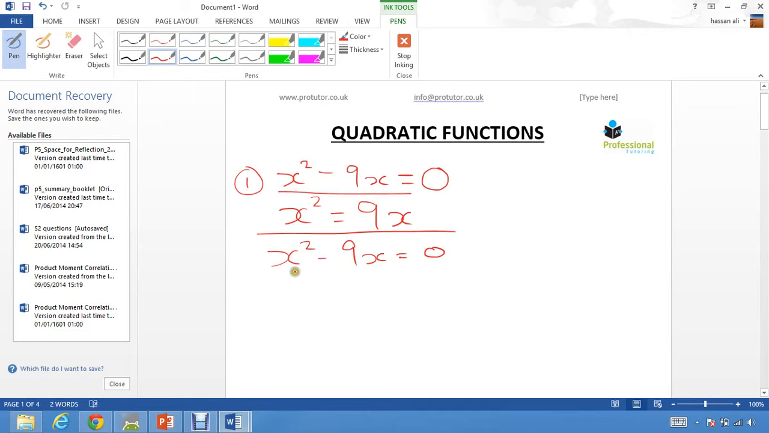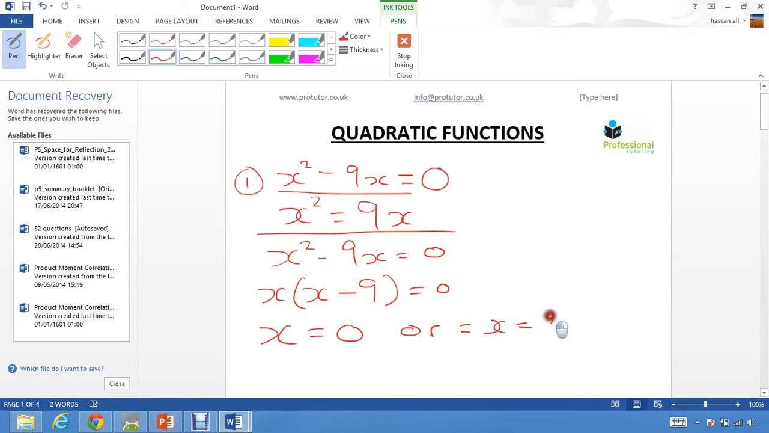The way you solve this, you factorize this equation here. When you factorize, you take out what's common, take out x. What do I need to multiply x with to get x squared? You get x minus 9 is equal to 0. Now remember, you're multiplying everything by this bracket, so the opposite of multiply is divide. So therefore x will equal 0,